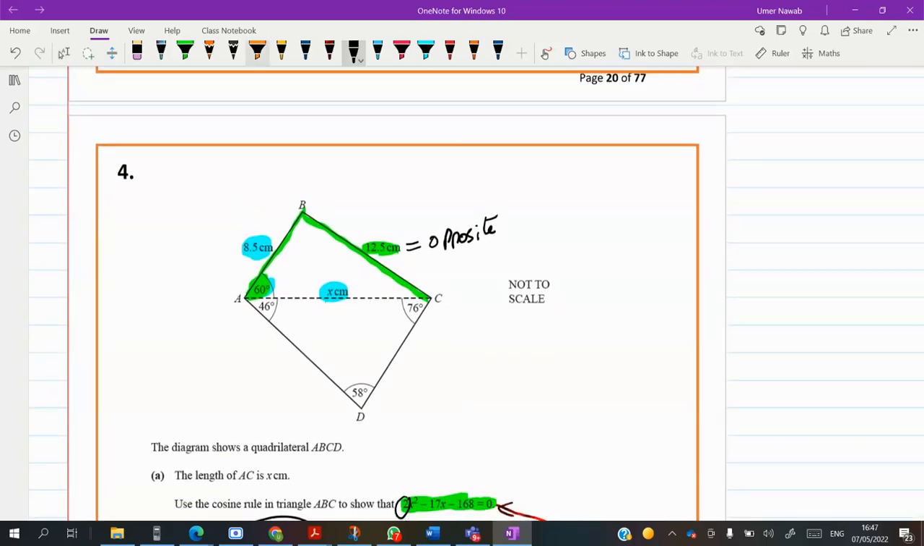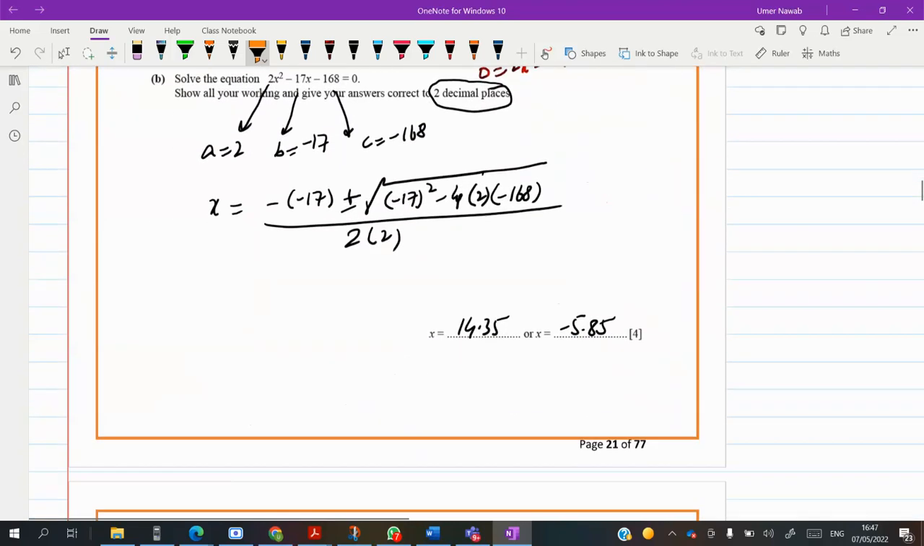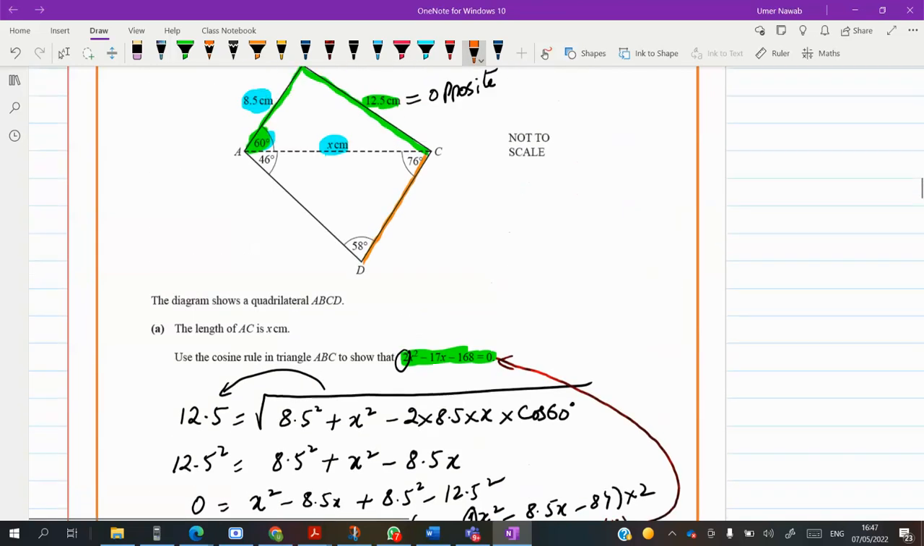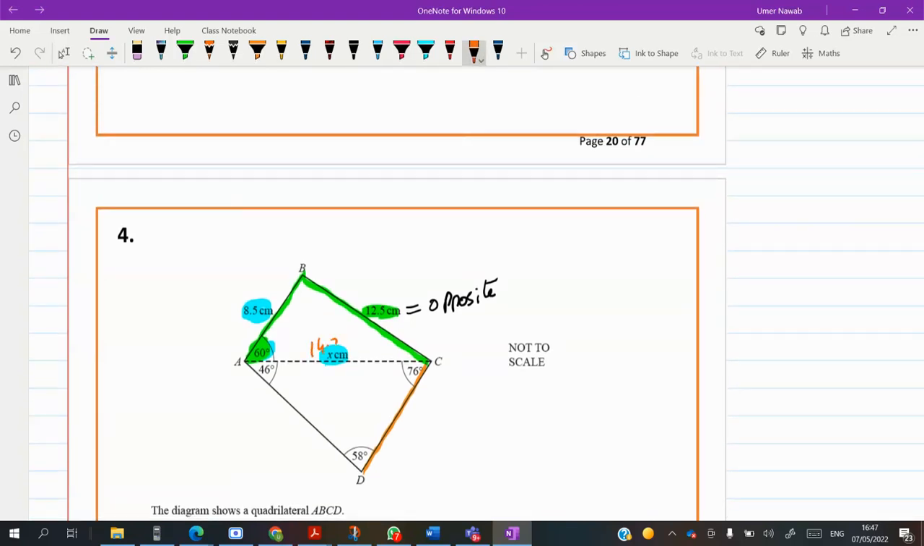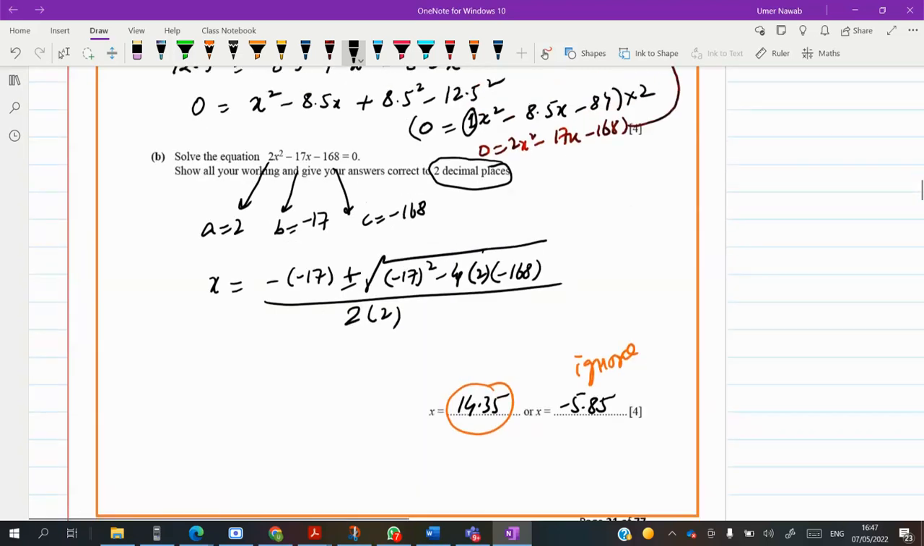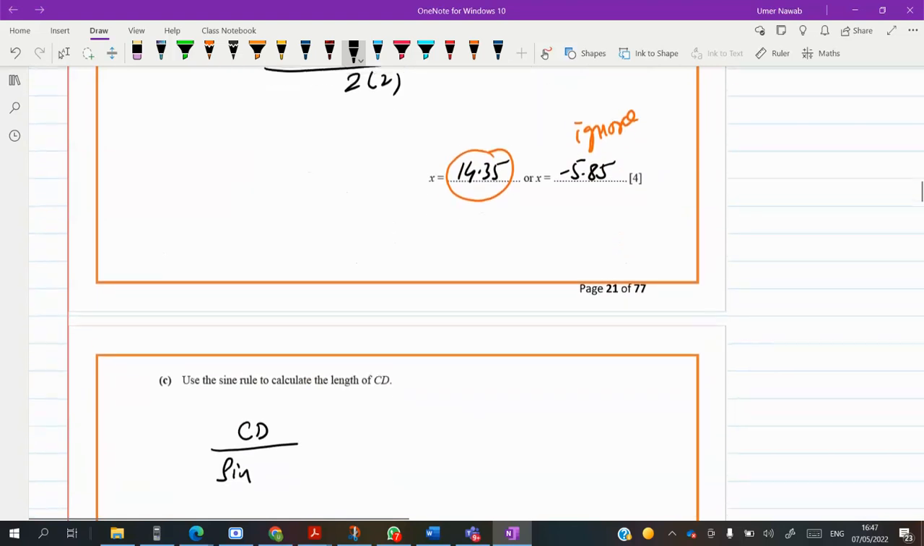The sine rule to calculate the length CD, this length. So if we want to use the sine rule, just now we have found the value of x. Ignore this because this is negative. So we use 14.35. So this is 14.35. We have this pair and we want to find DC, CD. So sine of, right, CD over sine of 46